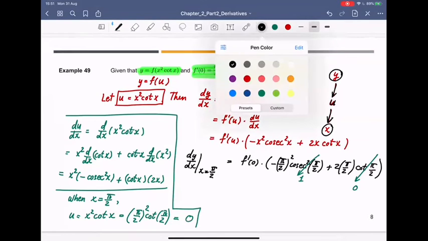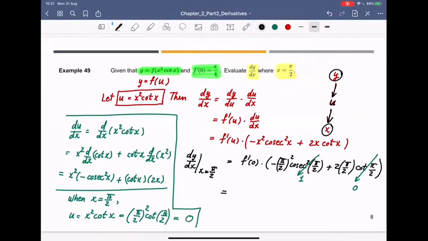So this is 1. And then let's compute that thing. F prime 0 is pi over 4, right? And then I have negative pi over 2 squared times 1 plus 0. So at the end, if I simplify,